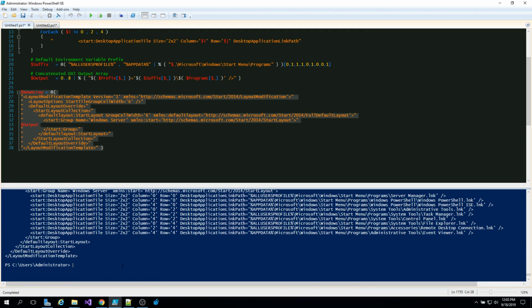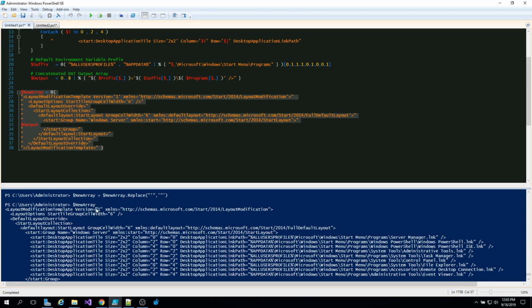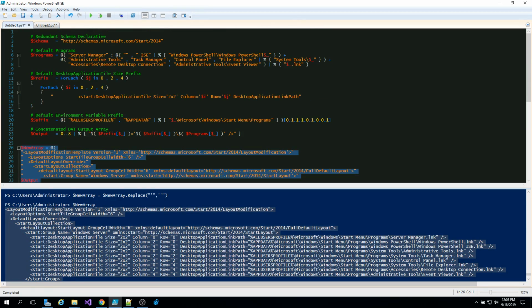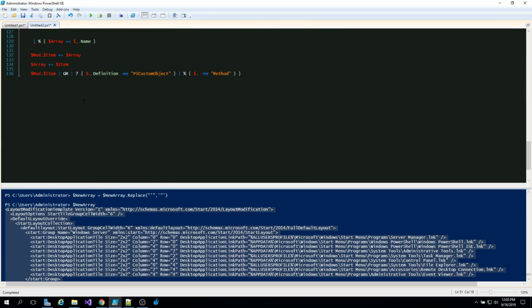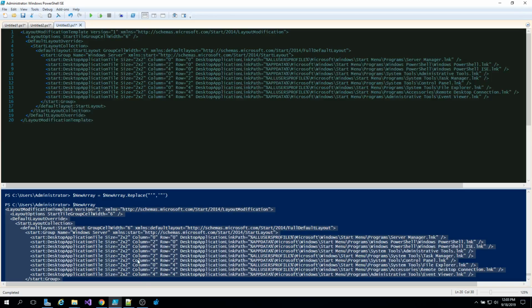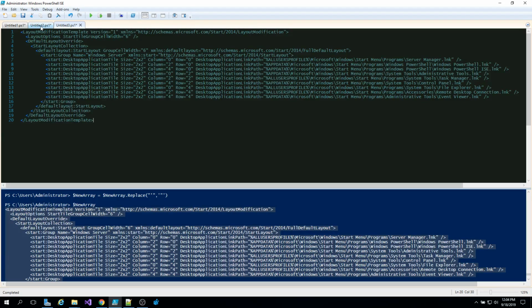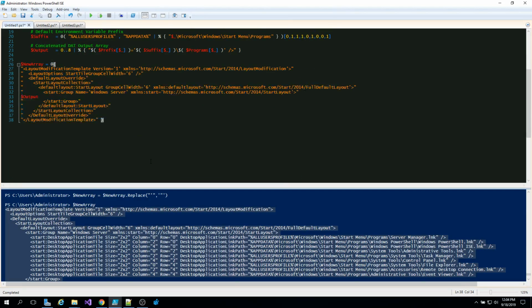I can replace all the quotes again. So now it just re-injected the single or the double quotes everywhere. So now I can take this and paste it, and it'll be the same exact data that I started with, I think. If I can find it. One way you could find out if it's the same exact data, I guess,